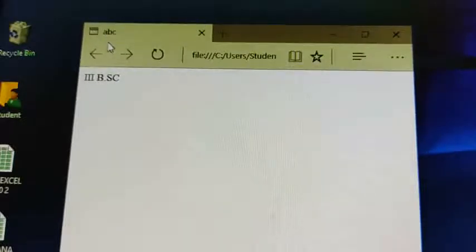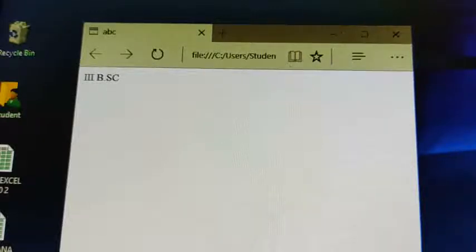Previously it was A2, now it is A3. Just double click on that. See, the title of the document is ABC, and whatever content you have written inside the body section, third BSc, is displayed in the body section. Okay, this is the document.